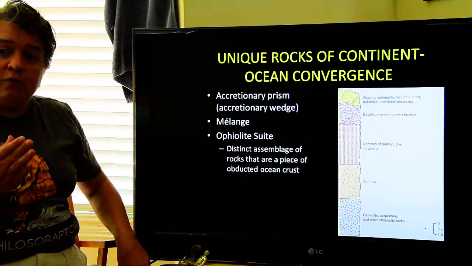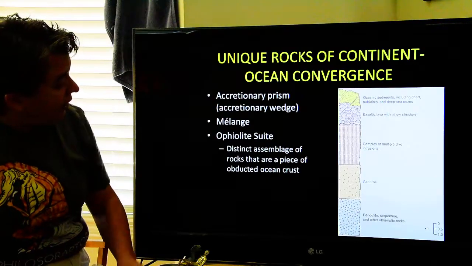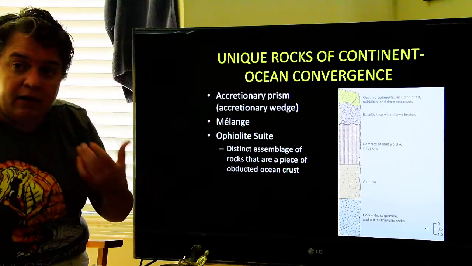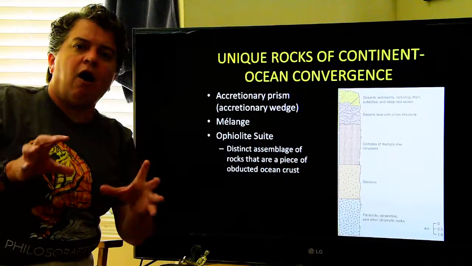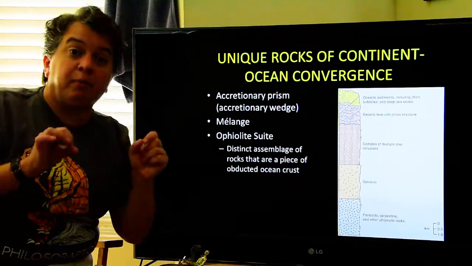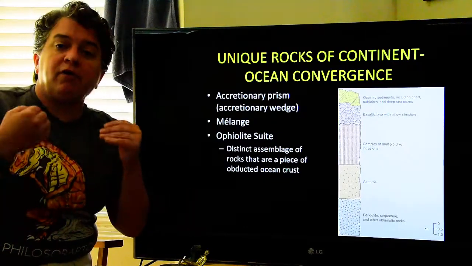Now, other unique things that we'll find are things called an ophiolite suite. An ophiolite is these distinctive layers of rock that are a piece of the obducted ocean crust. Obducted, not abducted. We are not kidnapping the ocean crust. What obduction means,